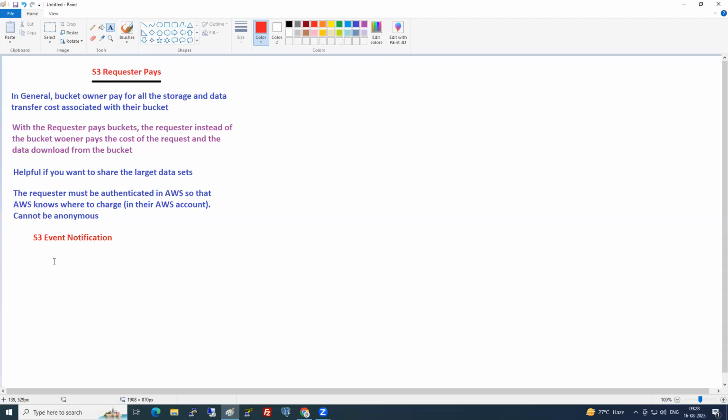So if you want to do any kind of automation activities, if something has happened in S3, any activities happening in S3, if you're interested in any other activity, and if you want to do some automation or some notification, go with S3 event notification. And remember,